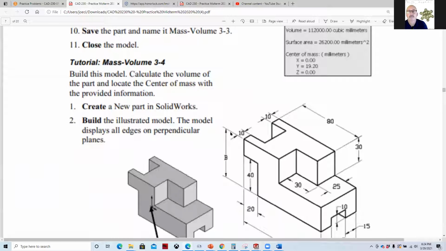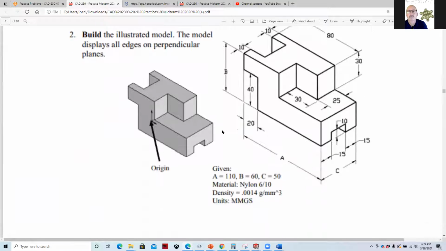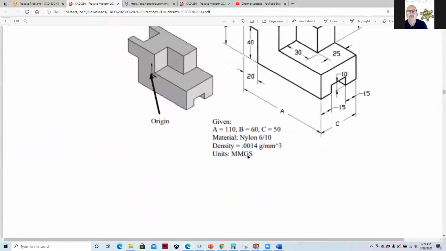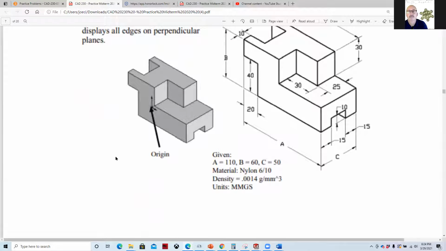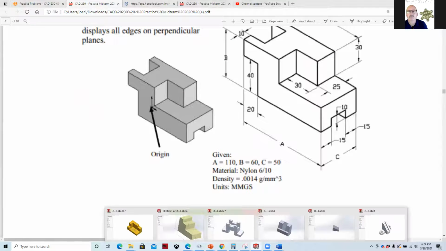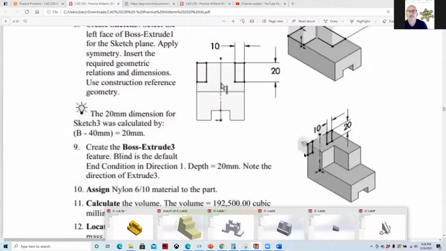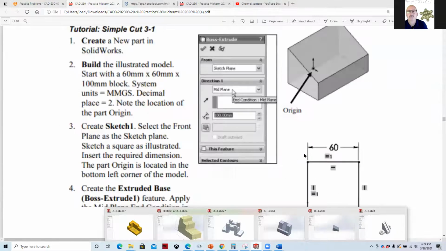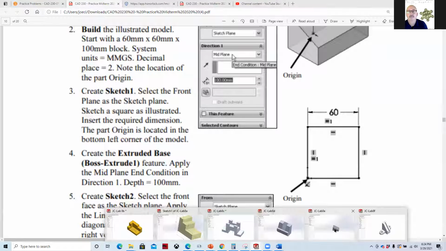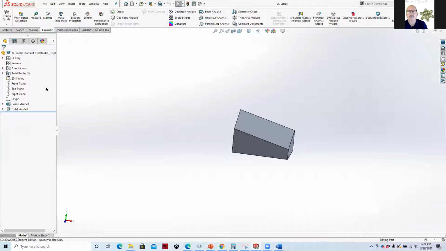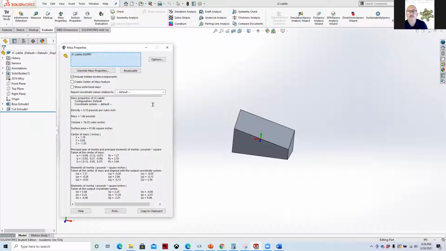I could probably shut it down and restart it, but while I'm doing a recording, I don't think that would be the best. This part's made out of nylon. And so if we take a look at that, and that's probably the one that I can't find. Here, this one here. And this one's made out of a 2014 alloy. Let's see if my mass properties will work here. Yeah, and so my mass is